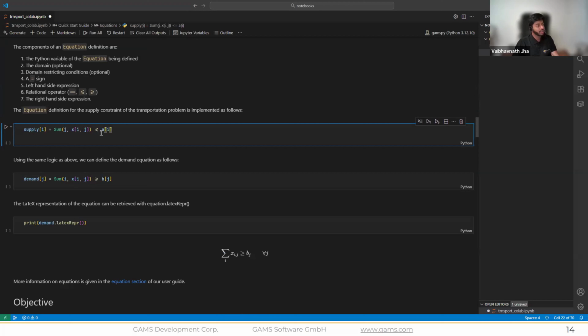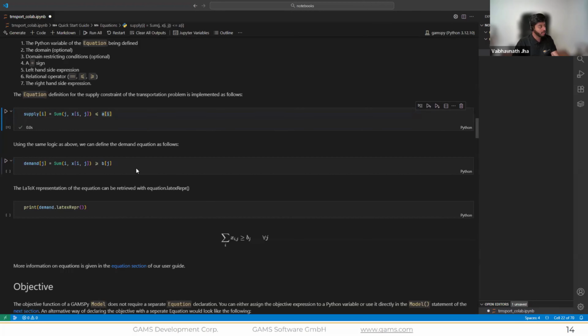And now we can actually define the equation and what it should do. So for the supply constraint, we want to restrict that we cannot supply more than the capacity at each plant I. So basically, we want to sum over the amount of commodity to be shipped for every market, and that should be less than the capacity for each plant I. Let's go ahead and run that.